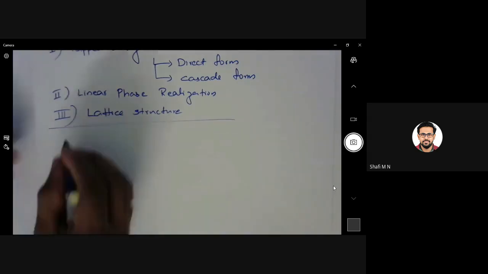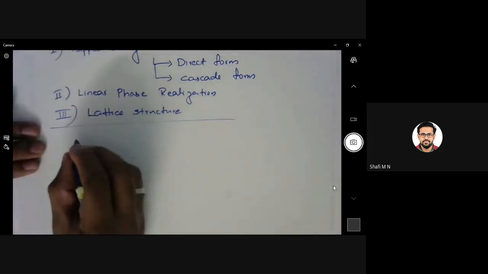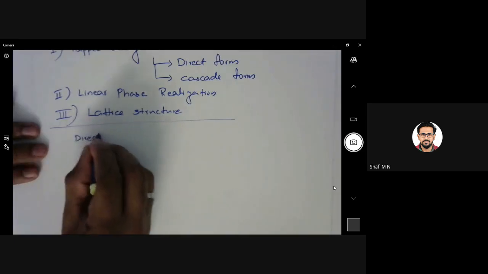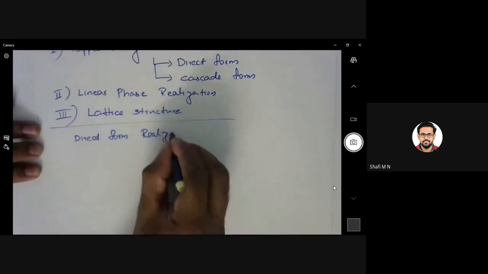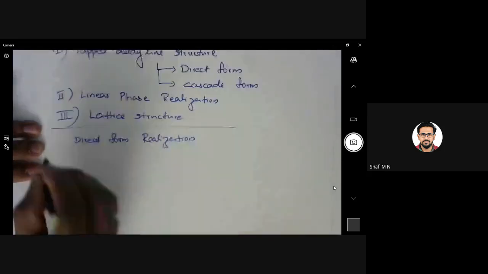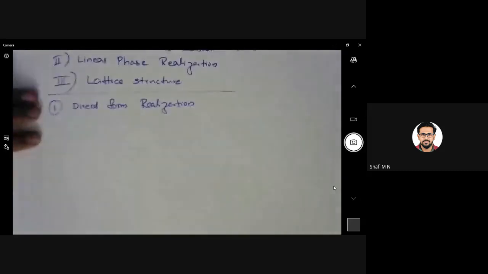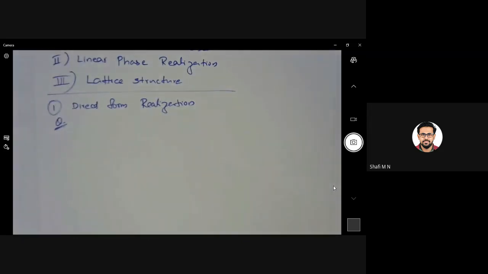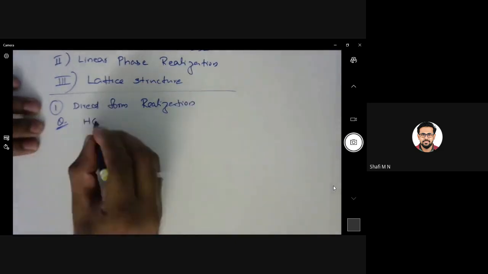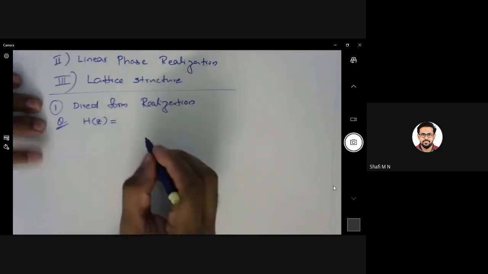So we will see the first method. So you can make the next heading tapped delay line structure, or specifically direct form realization. This is the first thing that we are going to discuss. So we will see this thing with the help of an example. So write one question. Obtain the direct form realization of the system with transfer function H of z is equal